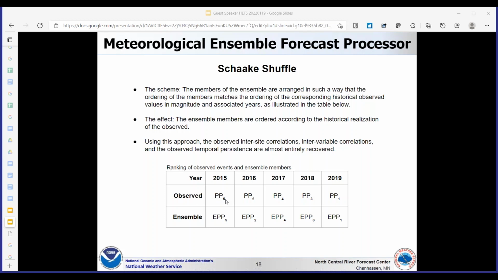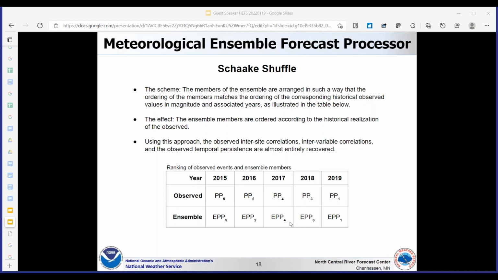Now, the ensemble precipitation values determined by the process I described earlier are ranked, and then they replace the observed values according to their rank. So the first ranked ensemble precip will replace the PP1 in the observed time series. EPP3 will replace PP3 in the 2018 time series, and EPP4 will replace PP4 in 2017, and so on.